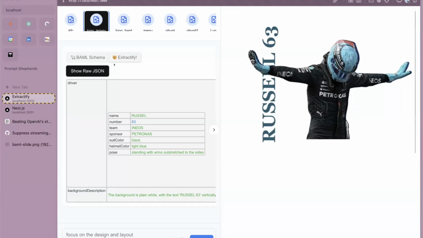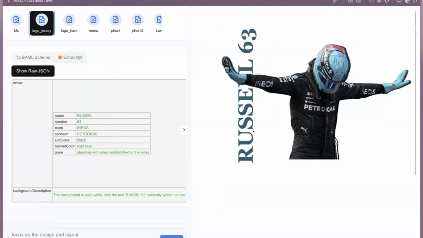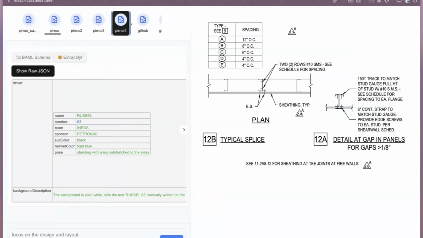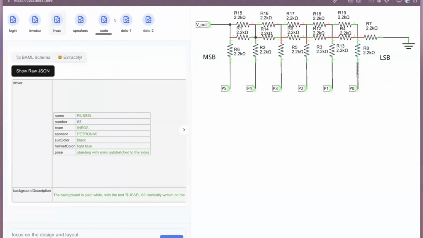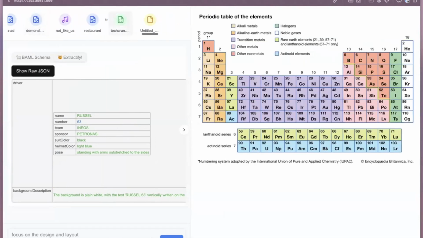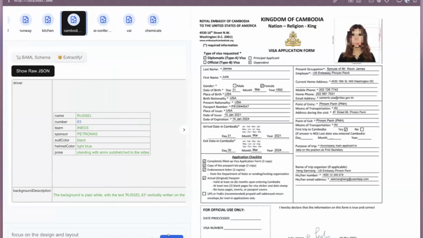What I'm gonna end up talking about is called BAML, and we're gonna talk about a new way of doing structured generation. But before I do that, let's just see some demos of what you can do. These guys mentioned cool things, but I have this weird one here that I think most people have probably never seen before, which is the visa form for Cambodia.